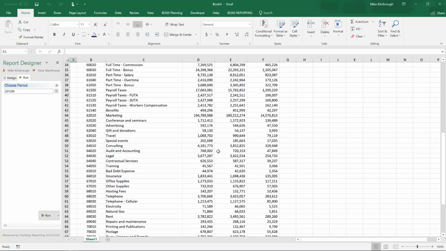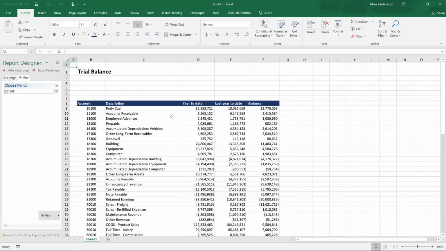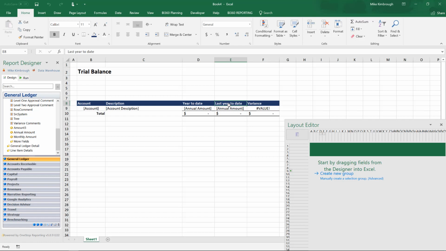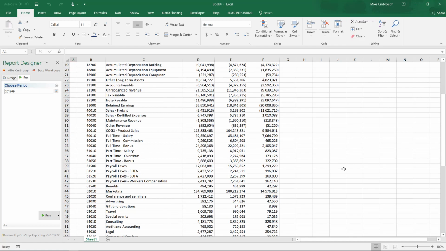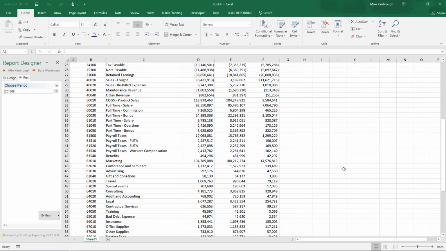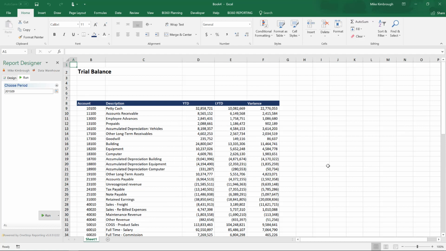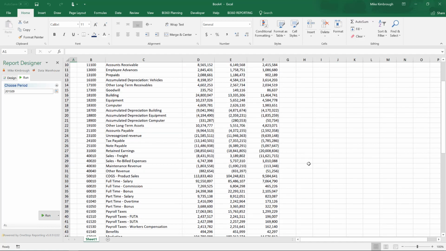Now, this is the point where if I wanted to make any changes, I could simply do that. So if I just go back into the design side, let's just say I don't want it to say last year to date. I just want it to say last year to date or year to date, right? I can do that, and then I can again go back and run the report and make sure that that report looks exactly the way that I want it to, and I finish the report in what would take me less than 5 minutes. So that's BI360 quick reporting, quick build of a report,